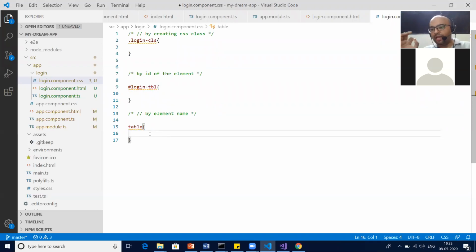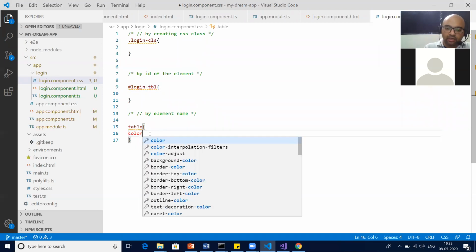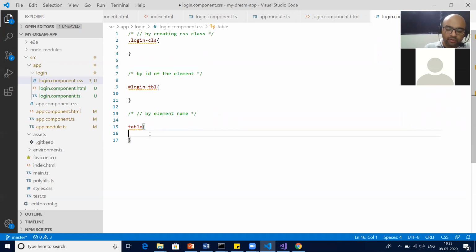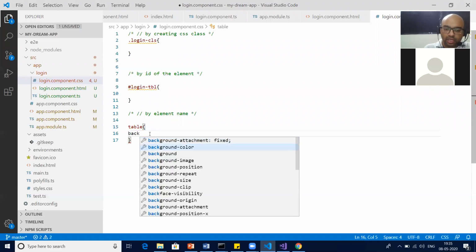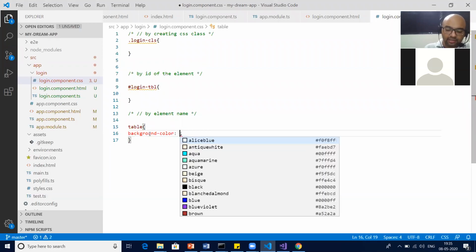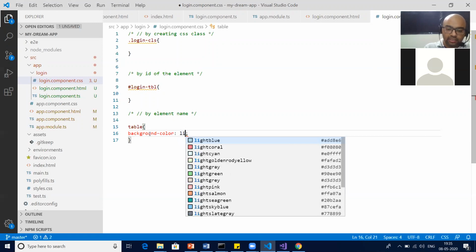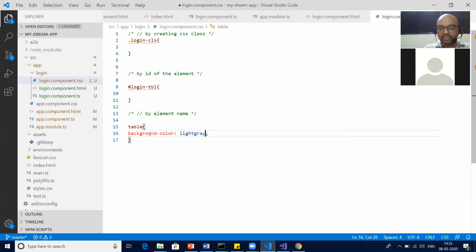So if you apply style on table, wherever the table is called, correct? Let's say 500 components use the table, which means each and every component has a table. And if I apply a style, for example background color, I say light gray, like this.